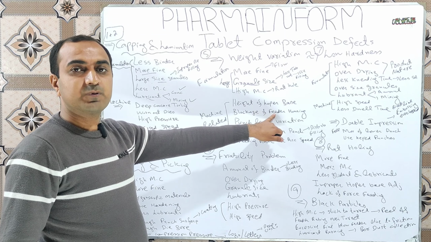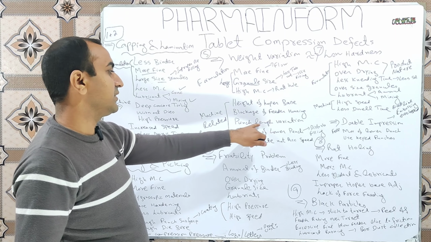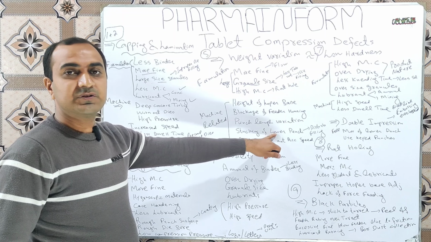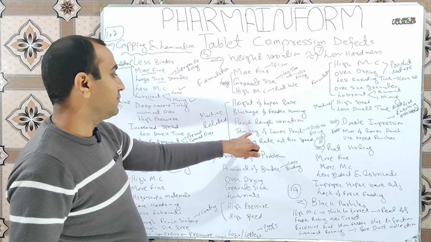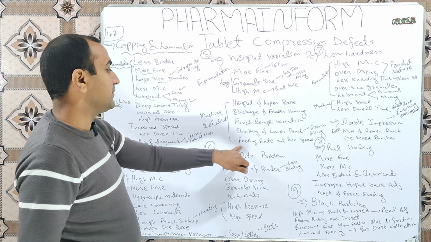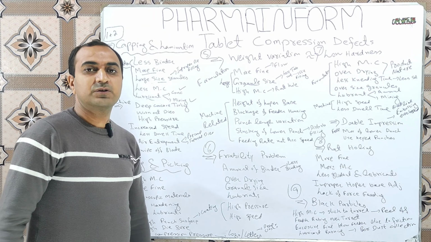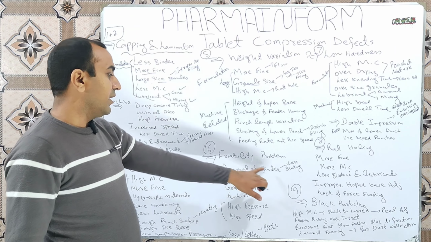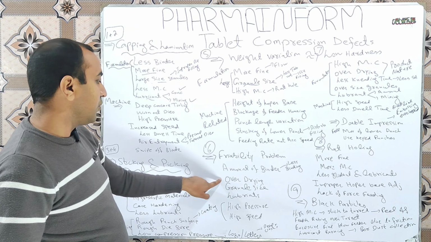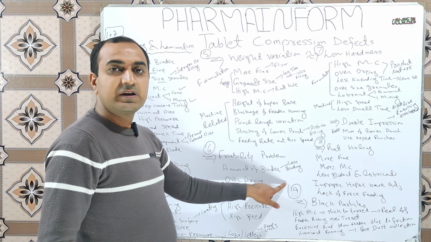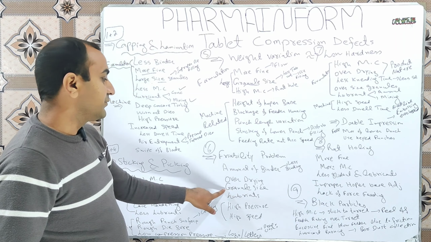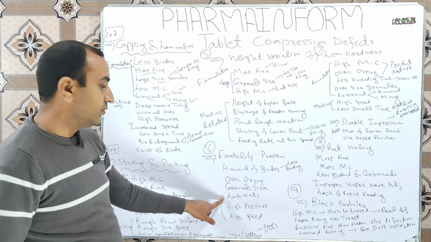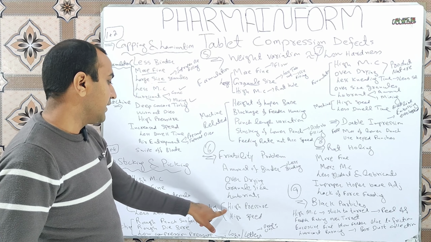blockage of feeder housing, properly inspect the feeder housing; punch length is not uniform, or sticking of the lower punches, properly lubricate the punches and ensure free movement of lower punches; feeding rate is not according to the speed, adjust your feeding rate. Friability problem: amount of binder is less, increase the amount of binder; over dried granules, properly dry your granules; granule size is large, reduce the granule size; lubricant concentration is high, reduce the lubricant concentration; high pressure, reduce the pressure;